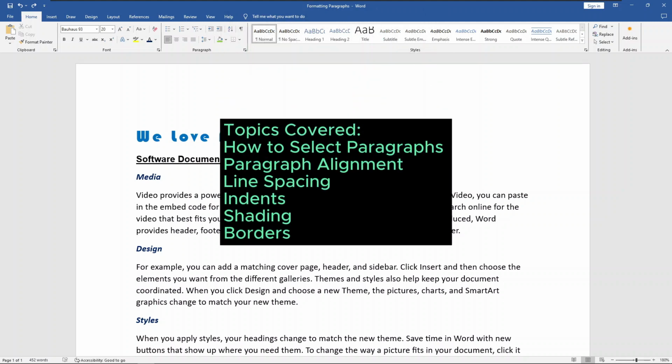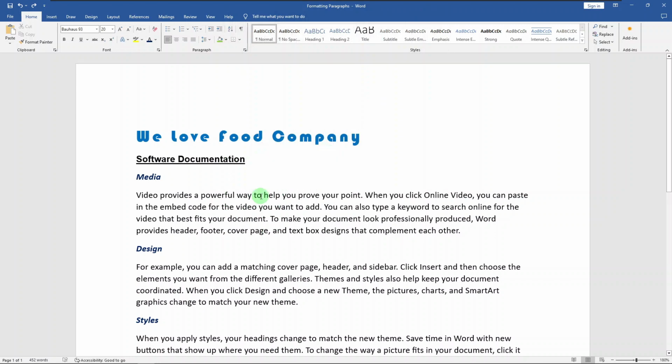Today's video, we're going to look at formatting paragraphs. This includes paragraph alignment, line spacing. We'll also take a look at the different types of indents you can do. And we'll also talk about shading a paragraph and creating borders. Now, before we get into formatting paragraphs,